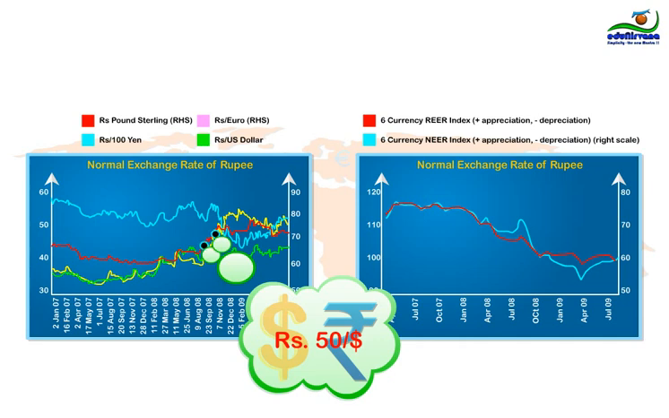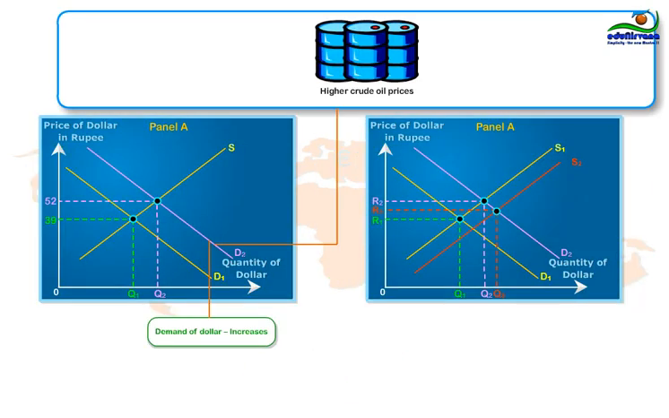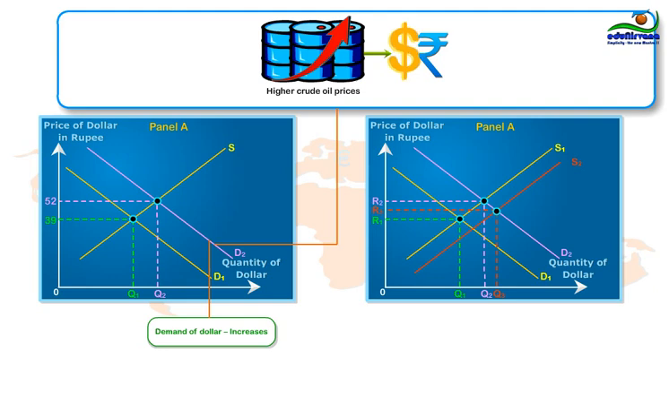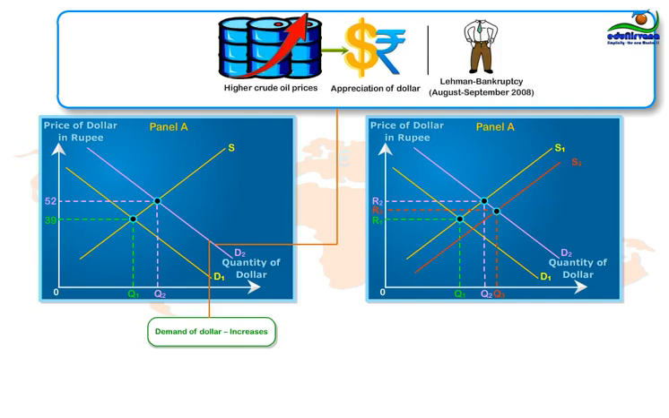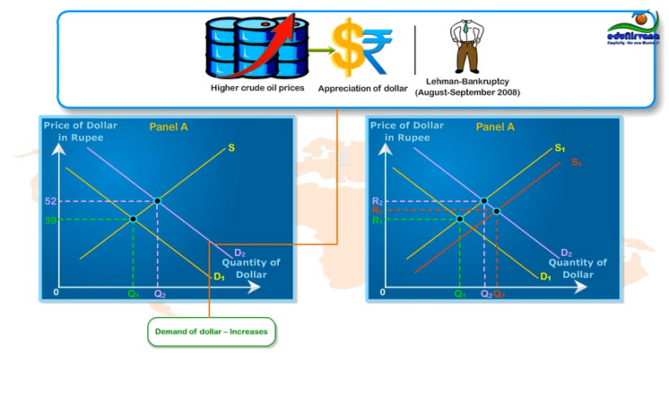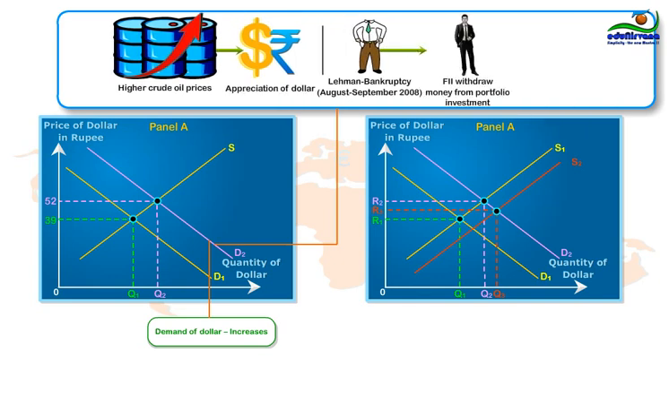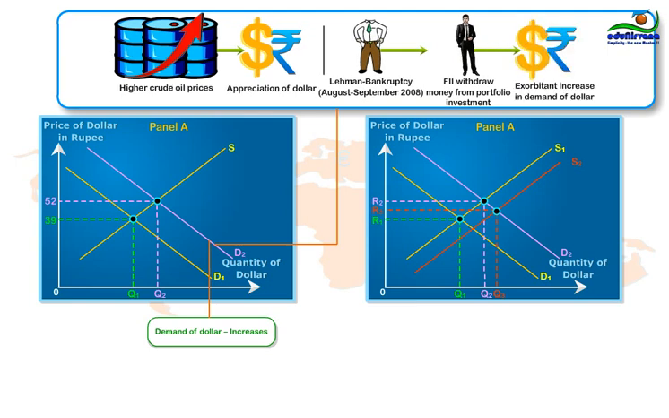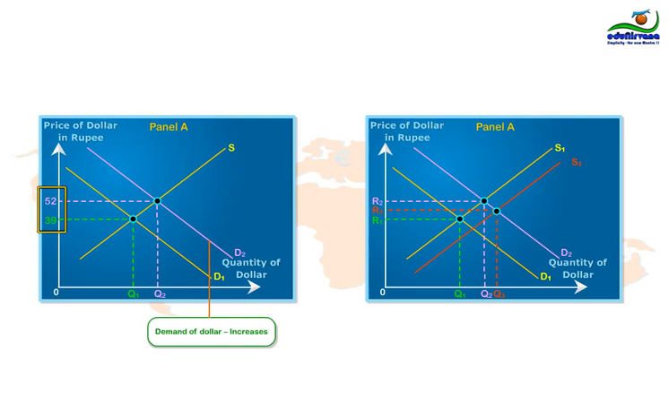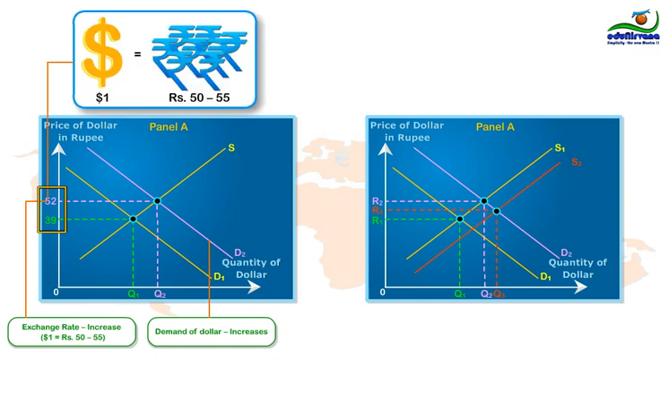Initially, because of higher crude oil prices, demand for dollars increased, which resulted in appreciation of the dollar and a downfall of the rupee. After the Lehman bankruptcy, that is between August and September 2008, and the onset of the financial crisis, FIIs started withdrawing their money from portfolio investment, resulting in an exorbitant increase in demand for dollars. The rise in demand for dollars has resulted in an increase in its price, and the exchange rate reached 50 to 55